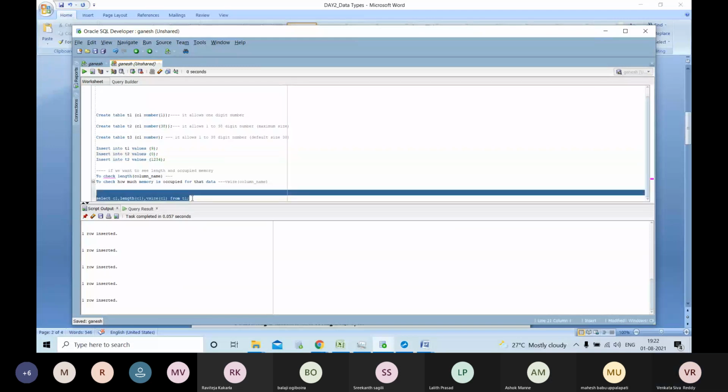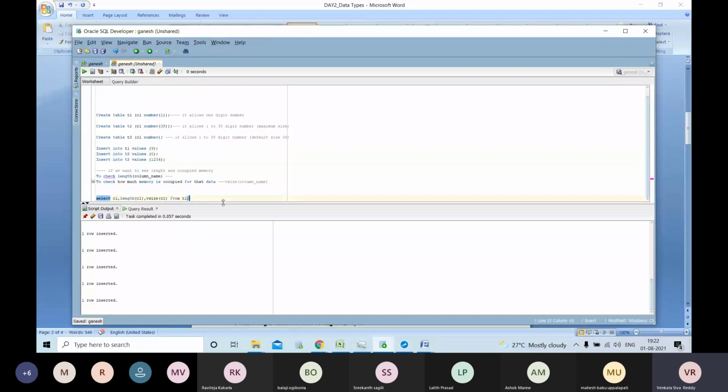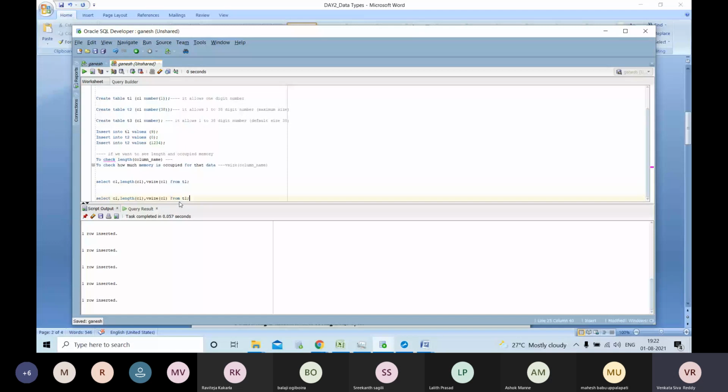Now we will see for double digit also how much size it occupied. For 12, double digit also, it took 2 bytes, and for 1 also only 2 bytes. So to deal with the NUMBER data type, for a double digit or single digit, it will take only 2 bytes.